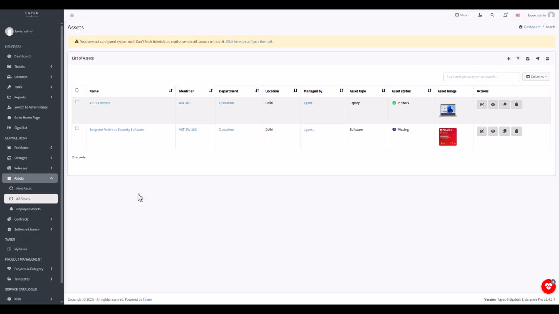Today I will walk you through the features of Favio Service Desk so that viewers can get a clear understanding of the available features and how they can benefit you and your team. Favio Service Desk is an IT service management and ticketing software that helps organizations to manage their internal IT support